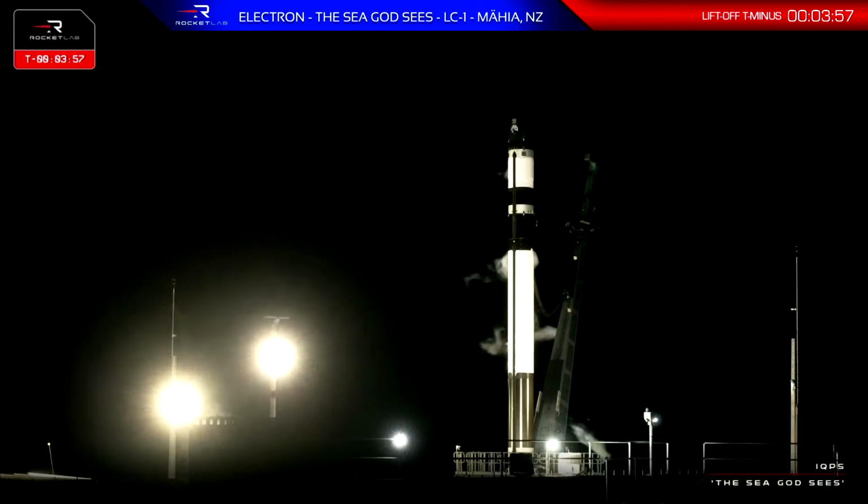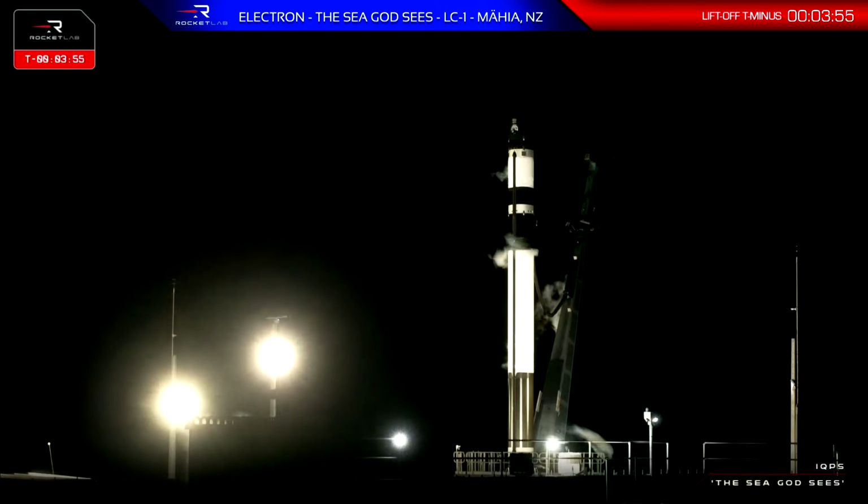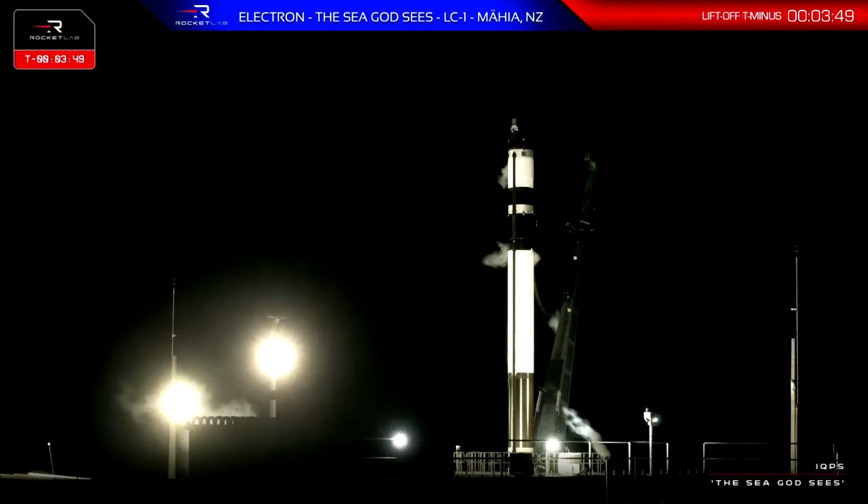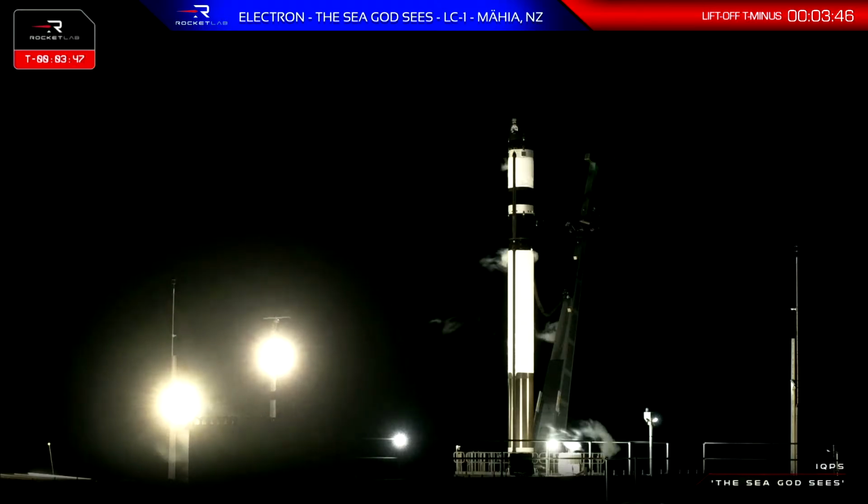Then you'll hear that high flow engine purge is enabled, and that refers to the procedure of flushing gas through the propulsion system to make sure Electron's engines are ready for a clean start at ignition. And next we'll get a reminder of where the countdown clock is at, usually around 20 seconds to launch, before the launch director speaks again to count us down to liftoff from